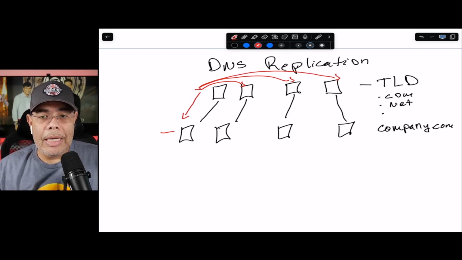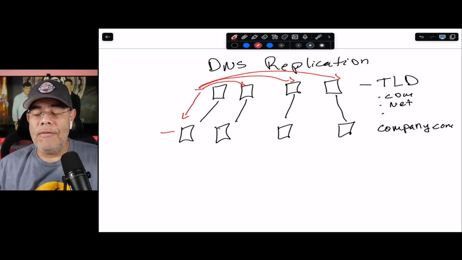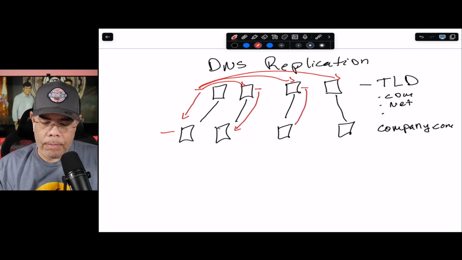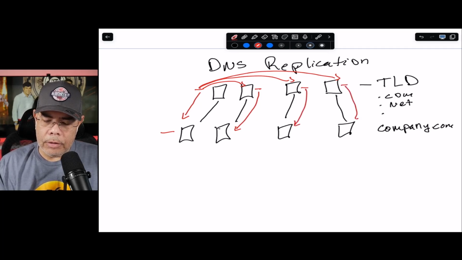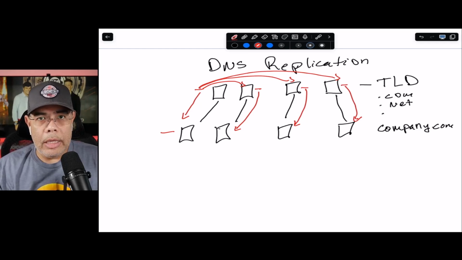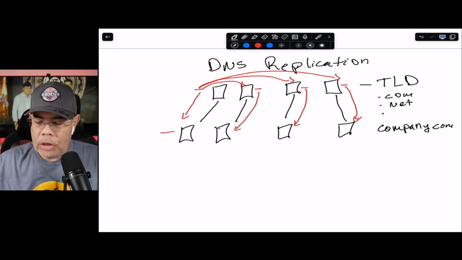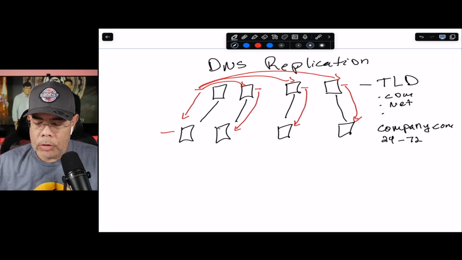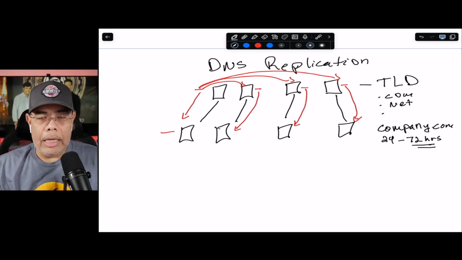Some servers are really fast because they're close by, and other servers need to then come and copy that information. That's why you get the message that when you do an update, it may take 24 to 72 hours